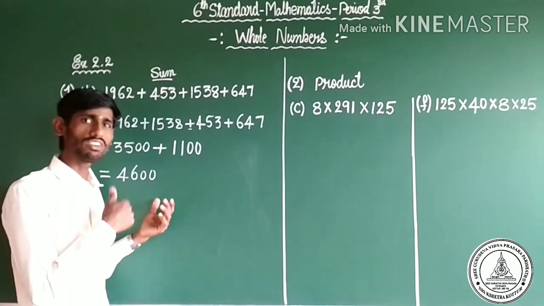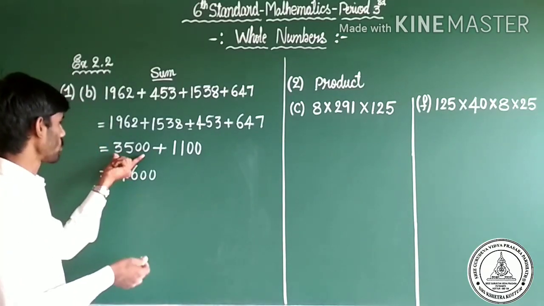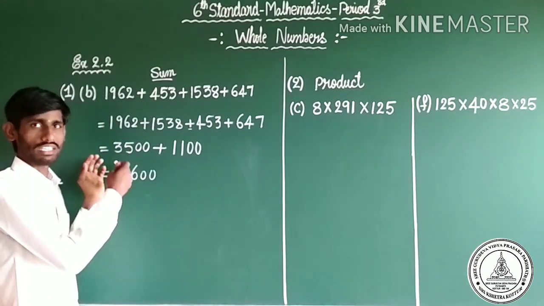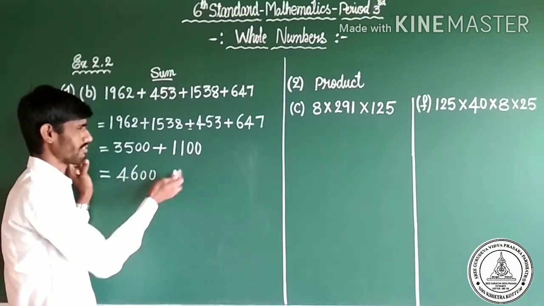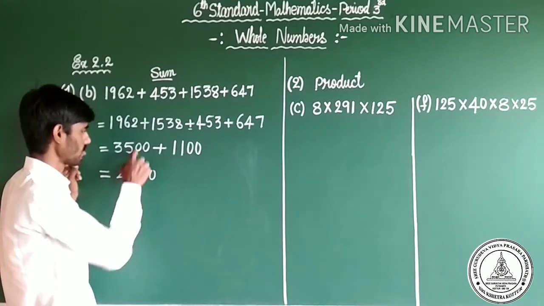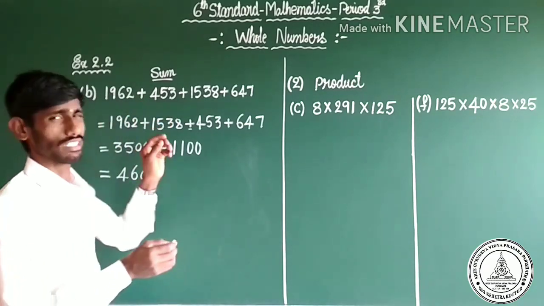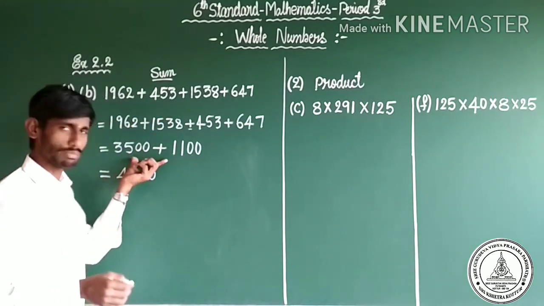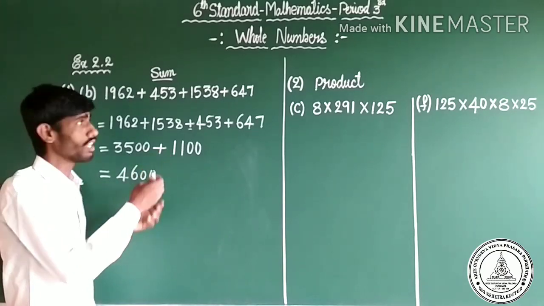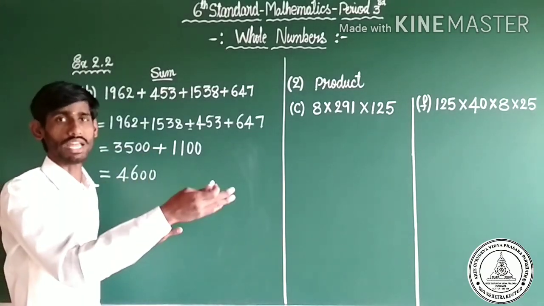See what I have done. I just made it easy. Here 0, here 0, it's very easy to add. 0 plus 0 is 0, 0 plus 0 is 0, 1 plus 5, it's very easy. But if you compare it to this method, it is a little difficult. Okay, you make it into a suitable arrangement.